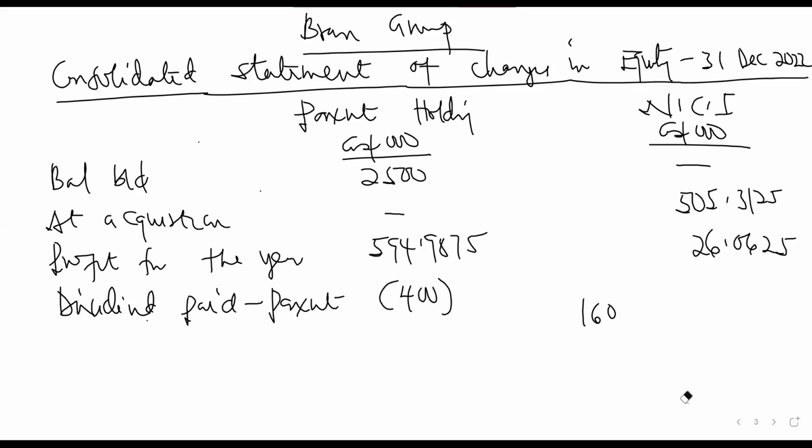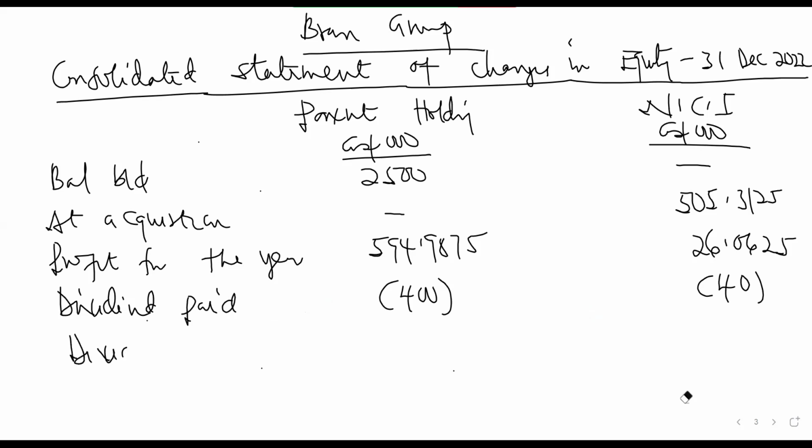So let me just put dividend paid here. I'll bring both the NCI and then the parent own. So 0.25 multiplied by 160, NCI will receive a dividend of 40. That will be a reduction to them. Then we come to the dividends